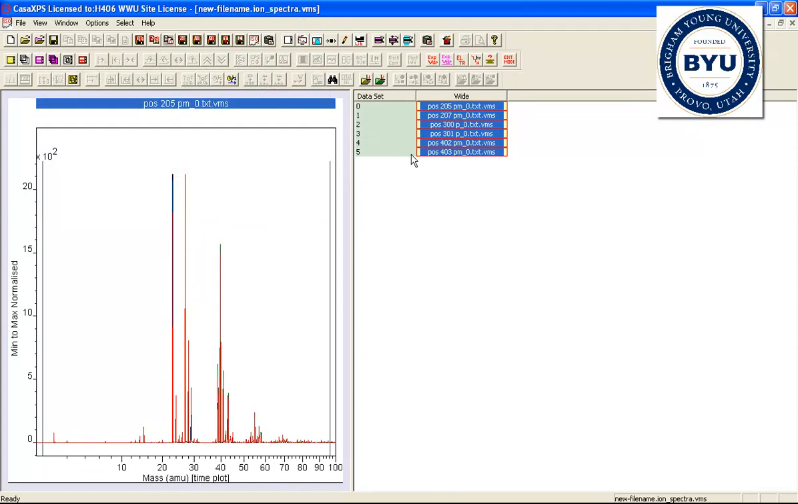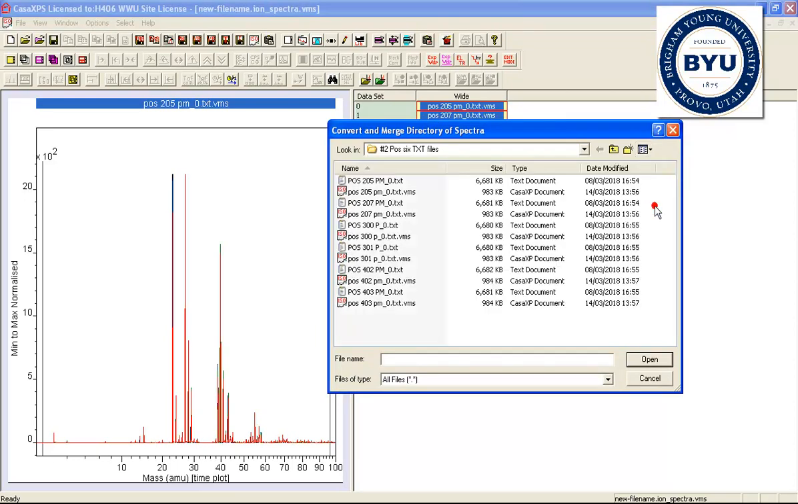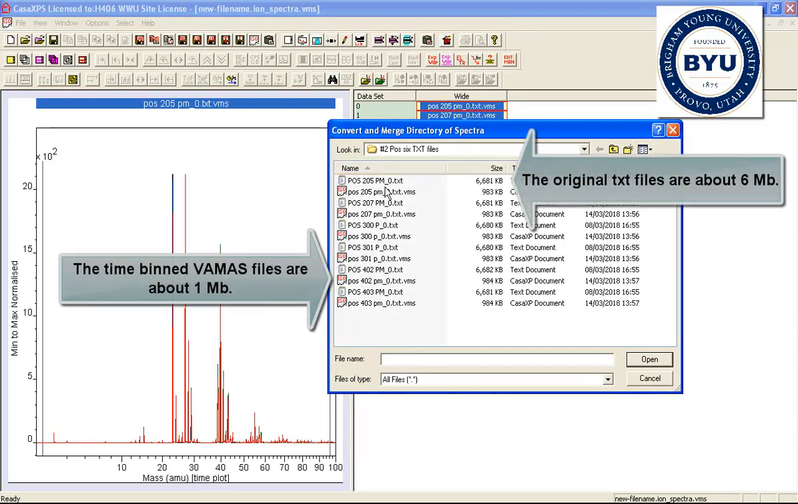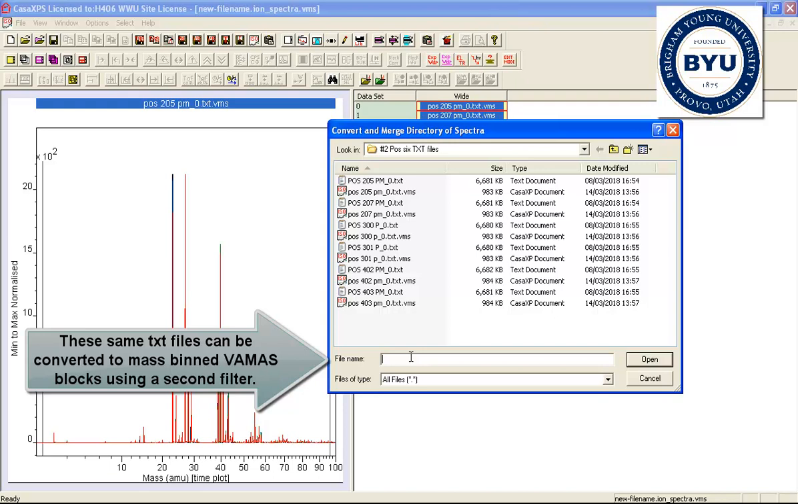If these data have valid time to mass calibrations, there is another way of processing this directory. Let's just see what happened when we processed the directory with the .ion. The txt files, which are about 6 megabytes, have been converted to VAMAS files that are about a megabyte. But we can process these data an alternative way based on the mass calibration within the